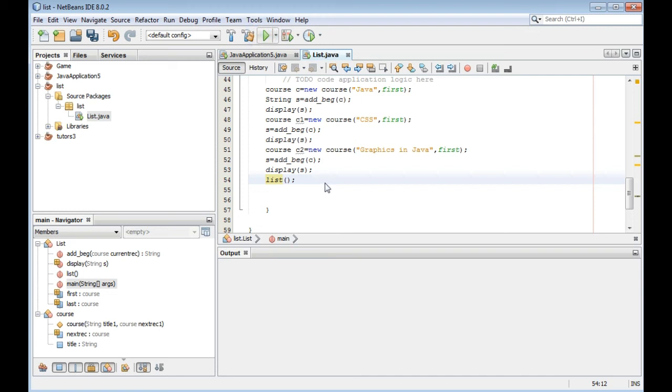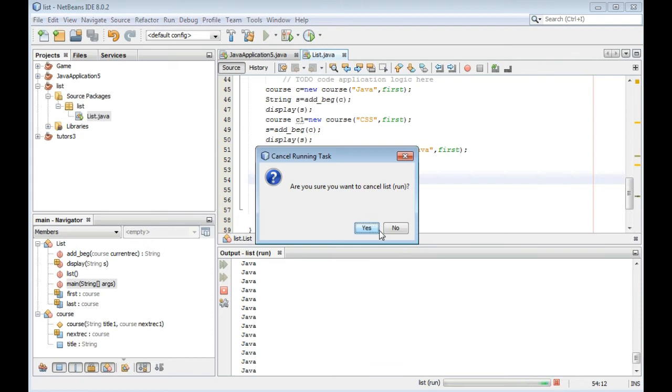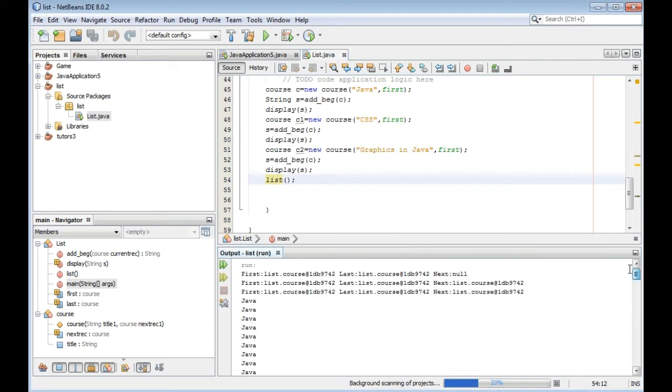Okay, so we call list. This will list. Let's compile this. So it is an unlimited loop.